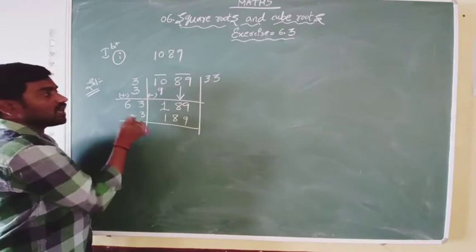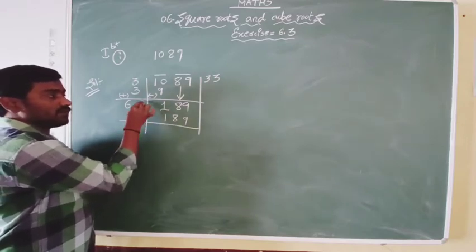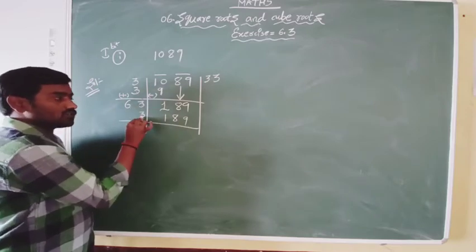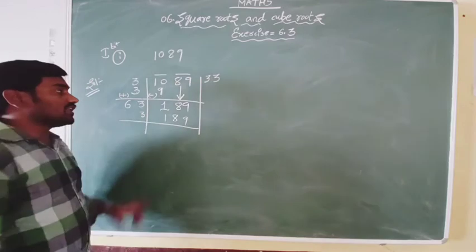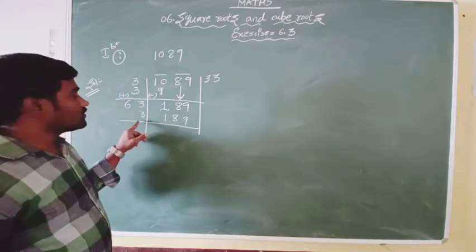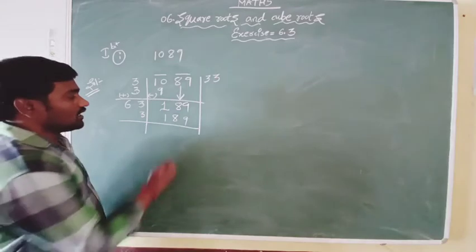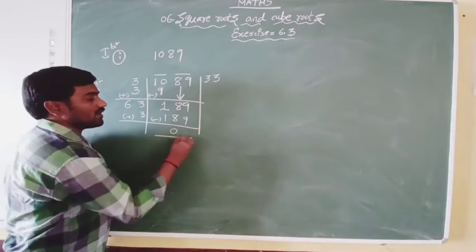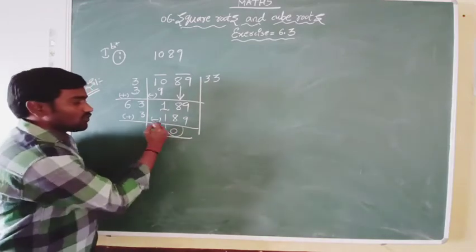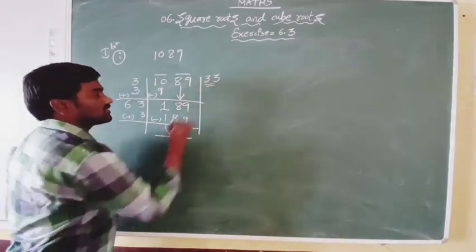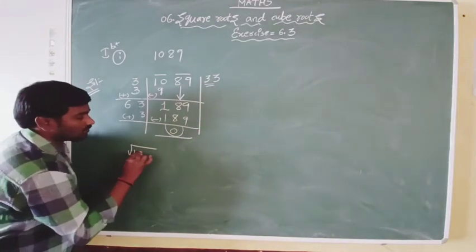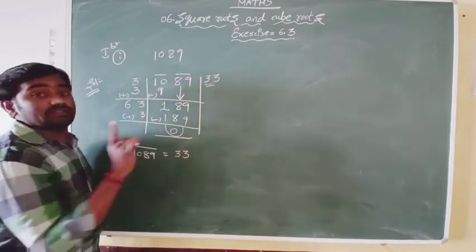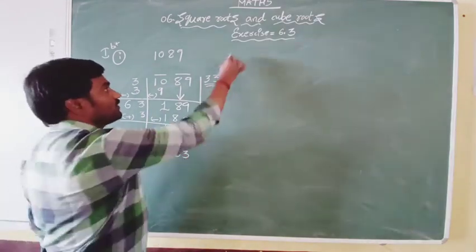3 plus 3 is 6. Whatever number you write here, with the same number we have to multiply. If I put 2 here, we multiply by 2; if I put 3, we multiply by 3. So whatever number we repeat, we write the same here. Hence here you add, and here you subtract. You get the remainder 0. Hence finished; there is no more proceeding here. This is our answer: the square root of 1089 is equal to 33. This is called the division method, children. Very carefully you need to understand.